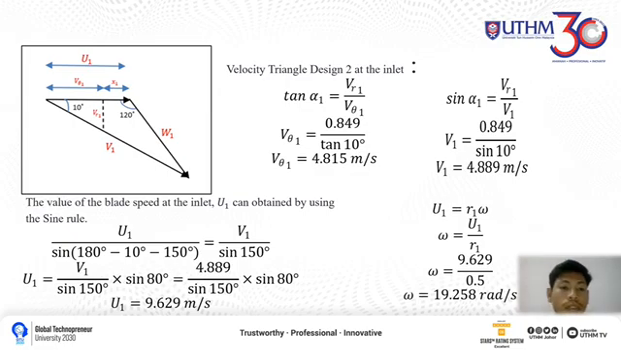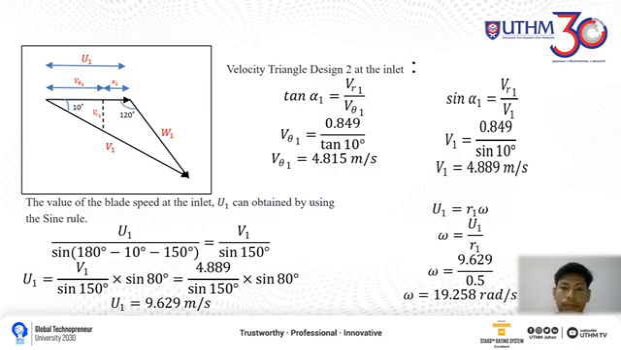Okay, we need to find the value U1, V1, and W1. By using the velocity triangle design at the inlet, we need to find V theta 1. V theta 1 equal to 4.815 meter per second. The value of the blade speed at the inlet U1 can be obtained by using the sine rule. After we do that calculation, we can get U1 equal to 9.629 meter per second. Based on that, U1 equal to R1 omega. We want to find omega, we just insert the value of R1 and U1. The omega at the inlet is 19.258